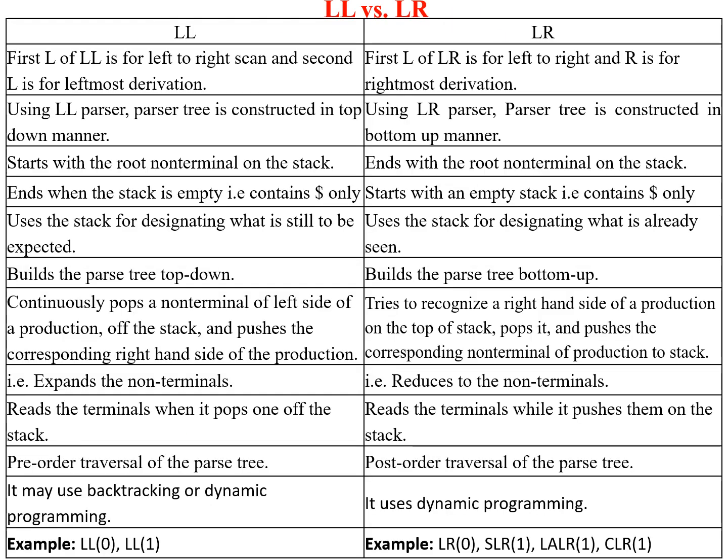So that is the basic thing we identified in the previous classes. In addition to this, in detail we'll see what the difference is between LL and LR parsers. In the LL category, the first L indicates left to right scan, and the second L indicates leftmost derivation. Whereas in the LR parsers, L means once again left to right scan, but R is now rightmost derivation. In the LL parsers, the parser is constructed in a top-down manner, whereas in the LR parsers, the parser is constructed in a bottom-up manner, from leaf nodes to the root node.